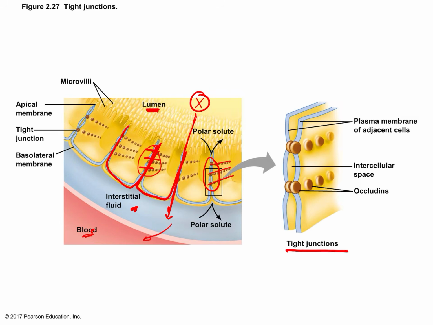So those are the lateral sides, as well as, if you remember from anatomy, the bottom of your epithelial cells will always have a basement membrane. So that basal surface will also have tight junctions adhering it to the basement membrane. Your book calls the membranes here basolateral membrane. So the membrane that's in